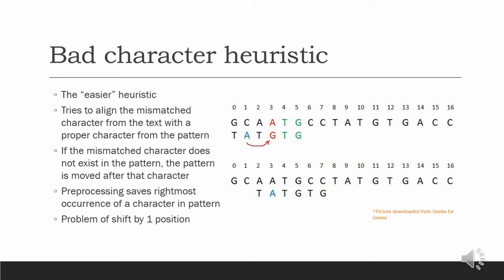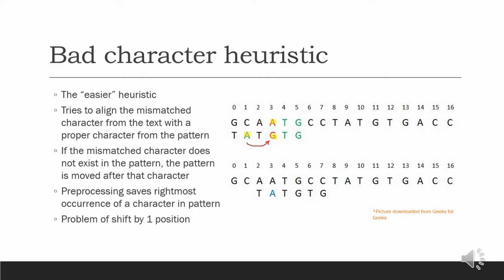Bad character heuristic tries to align the mismatched character from the text with the rightmost occurrence of the same character in the pattern, if it exists. If the character doesn't exist, we move the pattern behind the mismatched character. In this example, we see that A from the text isn't matched with the G in the pattern, but A exists in the pattern, so we move 2 positions to the right and align A from the pattern with A